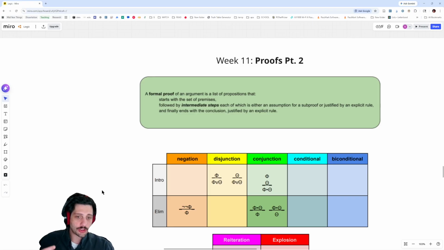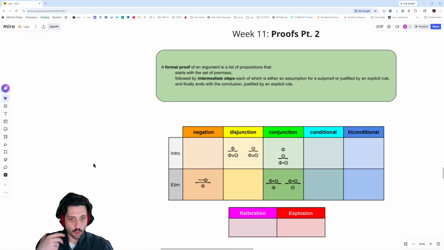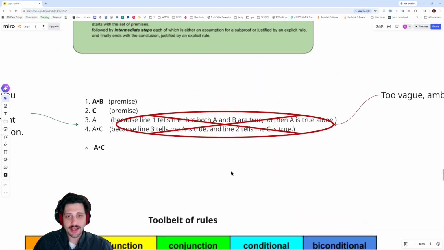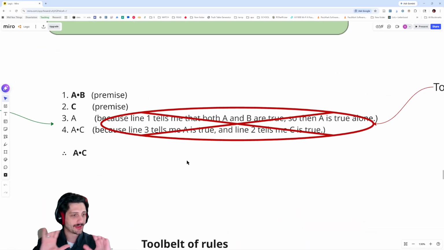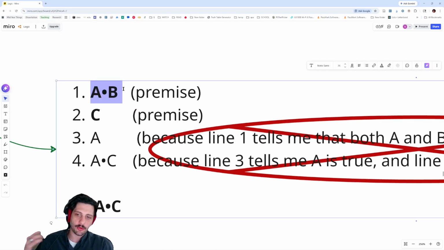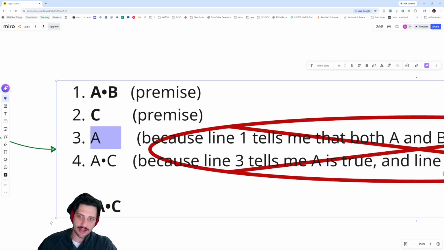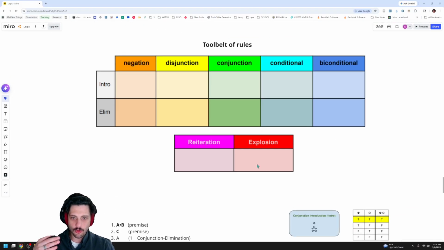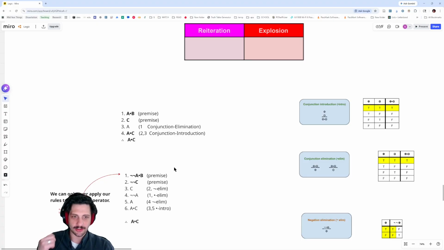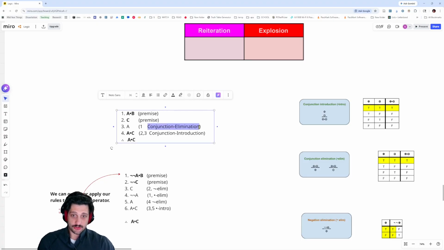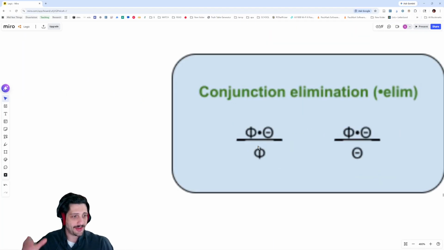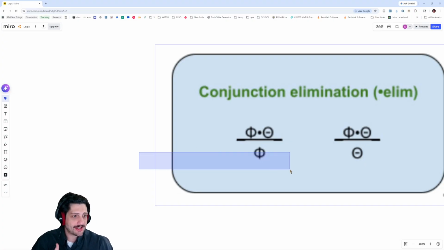And so the point of what we're trying to do is figure out what are those innocent steps. Last time, we started off by doing this a bit intuitively and just listing out in English: if I know that A and B are both true, well, then it sounds like I should know that A is true. But then we formalized that. We got very specific. There's a specific rule called conjunction elimination, such that if you know that something and something else are true, then it's innocent enough just to say one of those things is true, right? Just to specify,